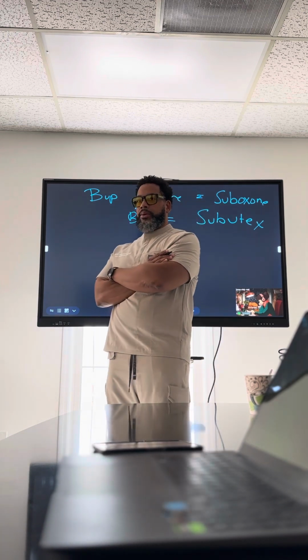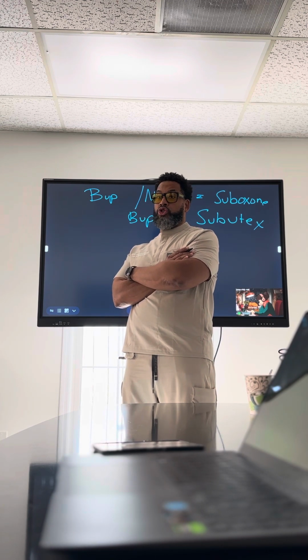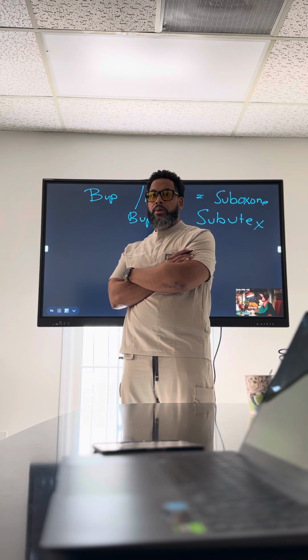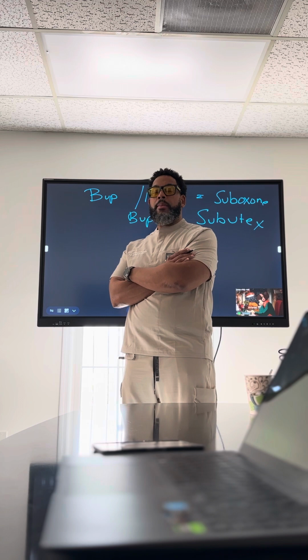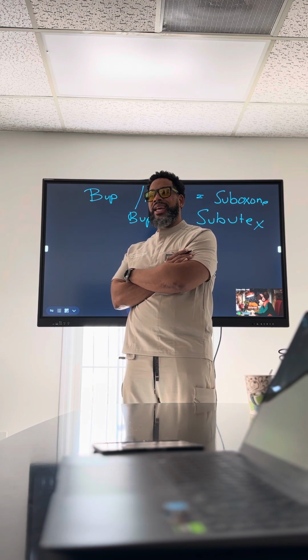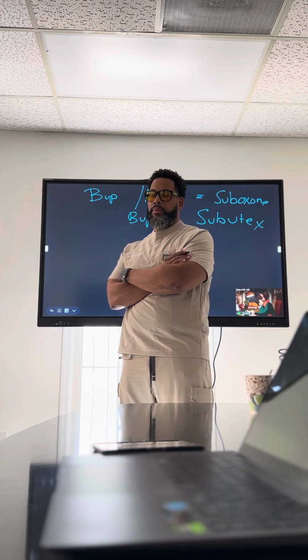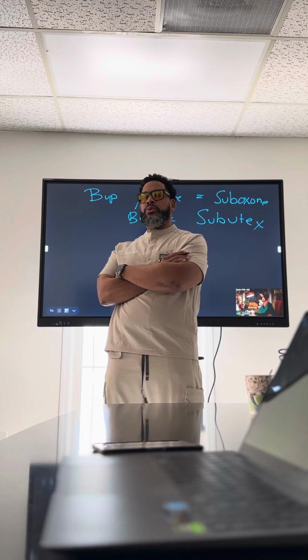So we need to break the cycle. And there's a couple ways you can break the cycle. One, you can just go through the withdrawal. Most people won't choose that because it's so uncomfortable, but withdrawal from opiates is not life-threatening. It sucks, but not life-threatening, okay? So that's one way. Most people cannot sustain that because not only is it a physiological addiction, it's a psychological addiction, okay? Second way we can break the cycle is by using a medical intervention to introduce a mu agonist,